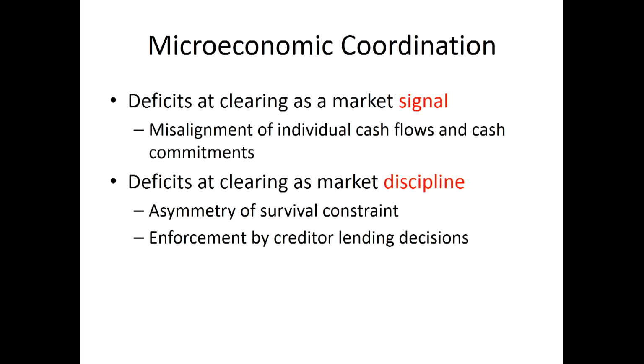But it's not just a signal, right? It actually is an enforcement mechanism. Because if you're a deficit agent, you can't just say, "Oh, that's a nice signal, I'll make a note of that." You can't. You have to actually do something. You have to settle at the clearing, and the surplus agents don't. There's a discipline there that is enforced by the creditor lending decisions. If you want to push your settlement constraint off into the future, you have to get a creditor to agree to terms. And that forces deficit agents to reconsider,